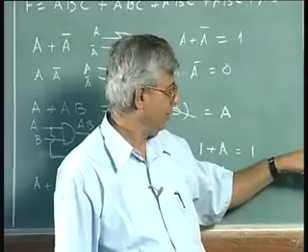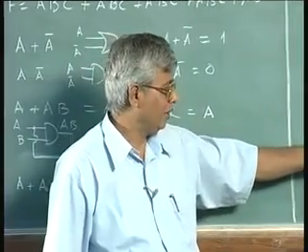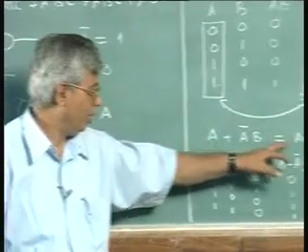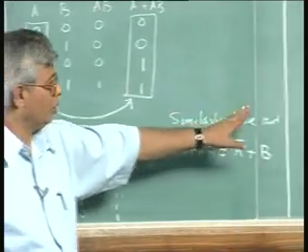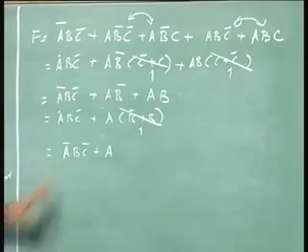Is that not what it is? A or A bar B is A or B. That means the A bar gets reduced. Here also the A bar will get reduced. So the same as